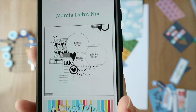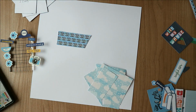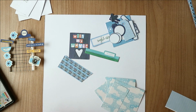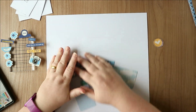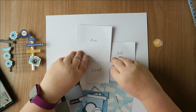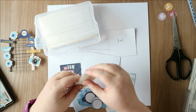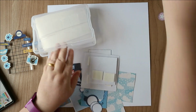So I have added another day into the prompts. It's the day that scraps, and I'm just showing you there the sketch that I'll be working off. It's a September page maps sketch, which has circular pictures, but I do decide to keep mine square. So I'm going to have 4x4 or 3x3 and a 2.5 inch square pictures, and do my usual multi-layers, multi-heights